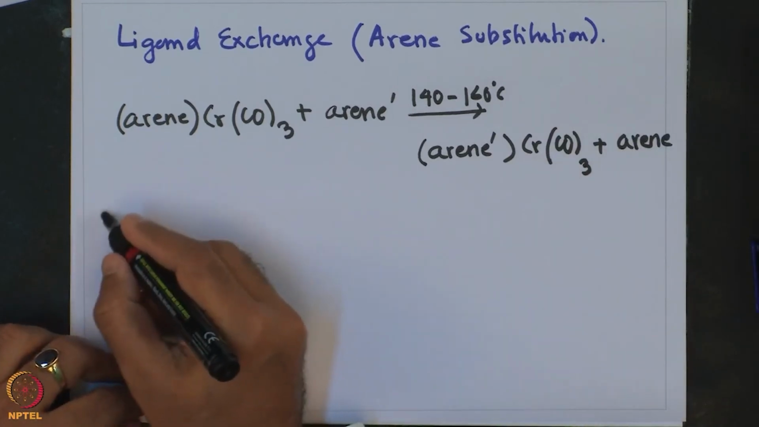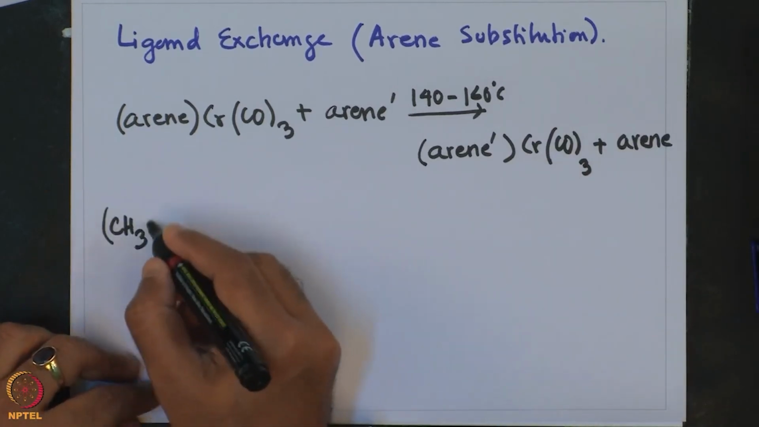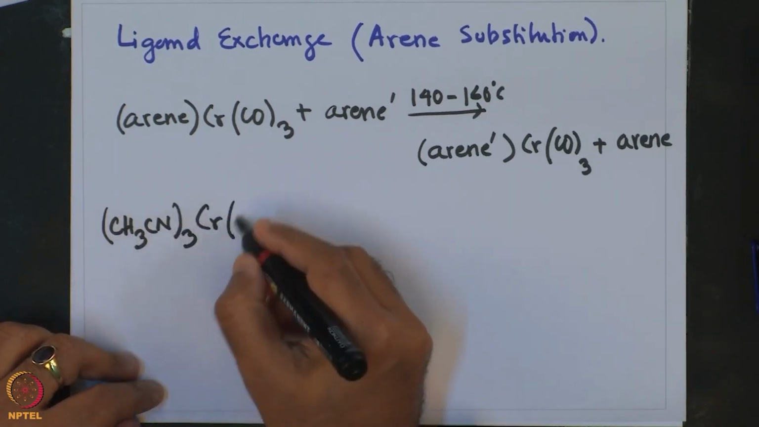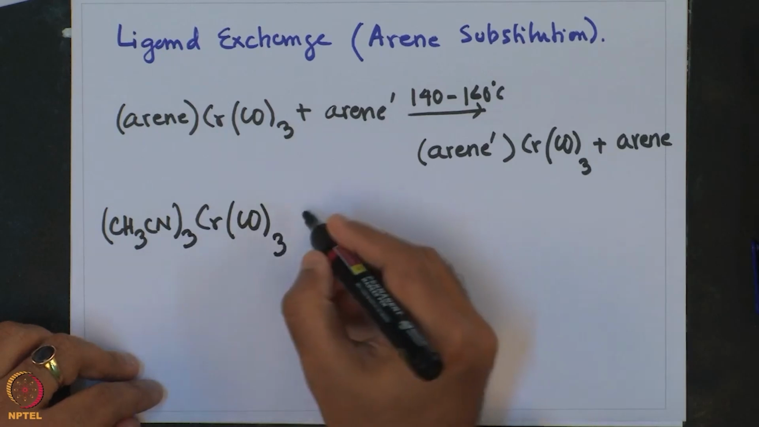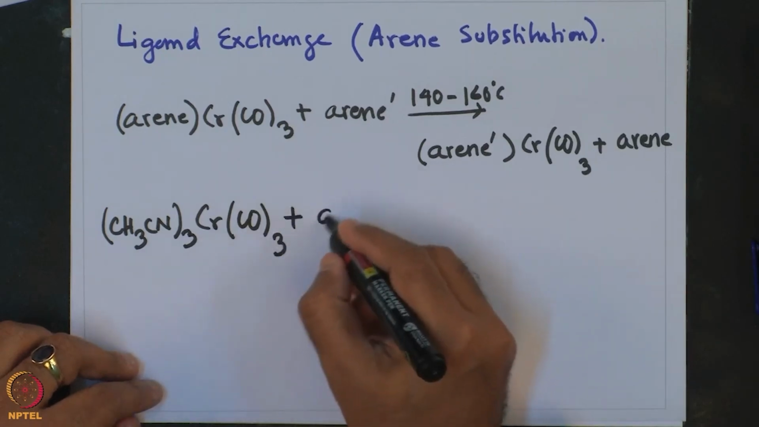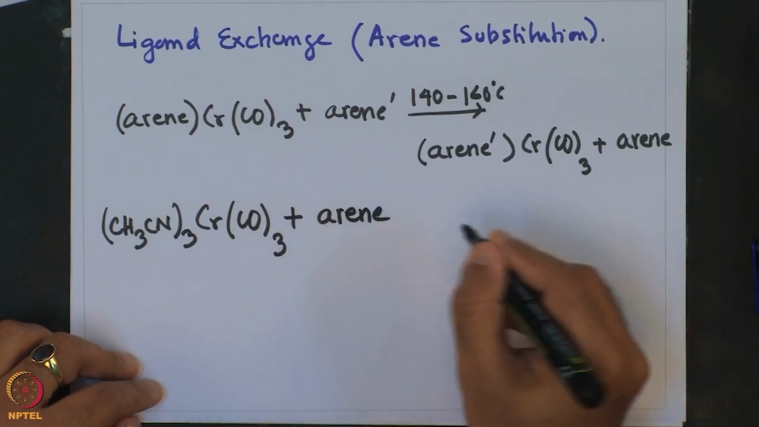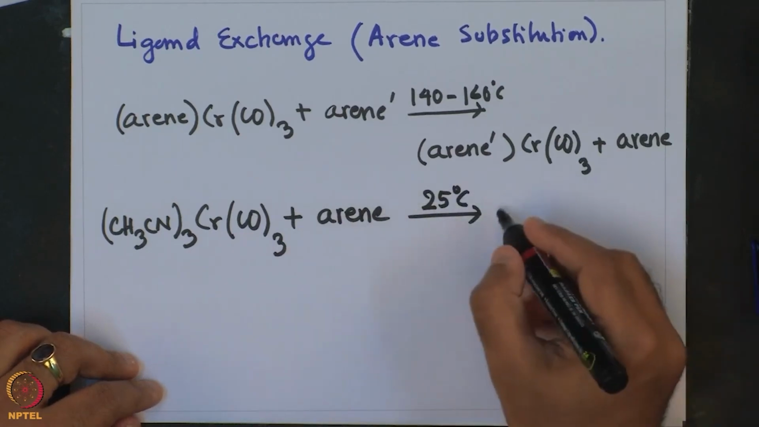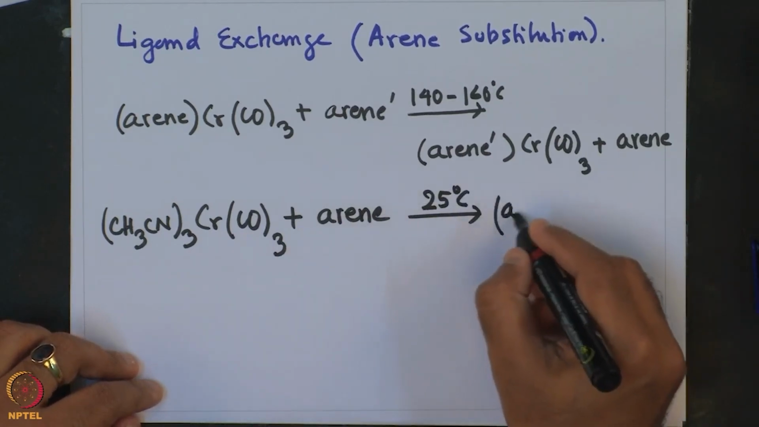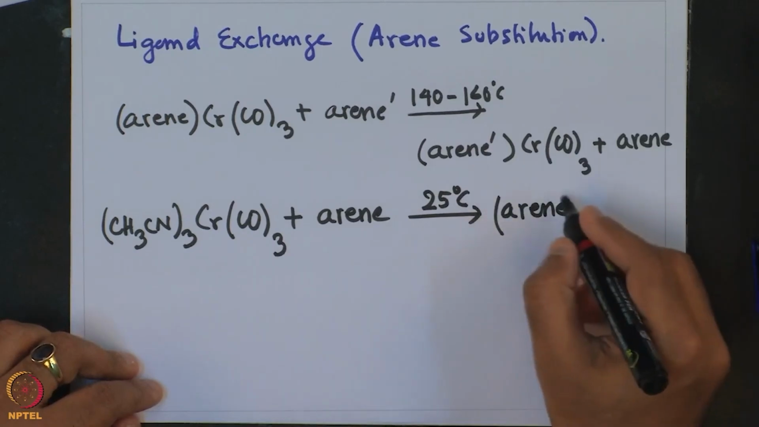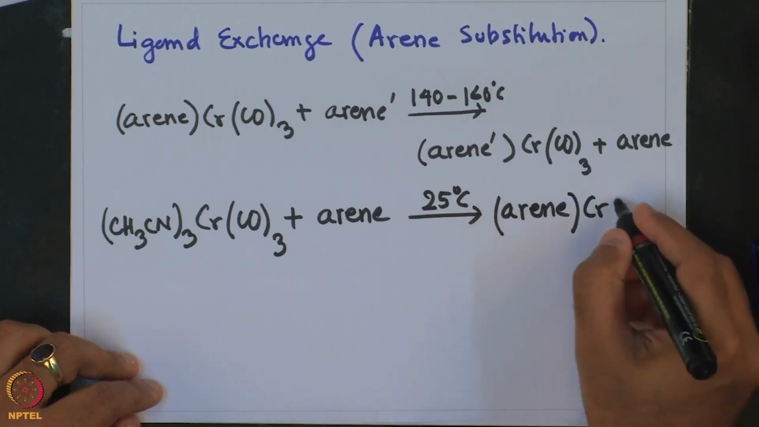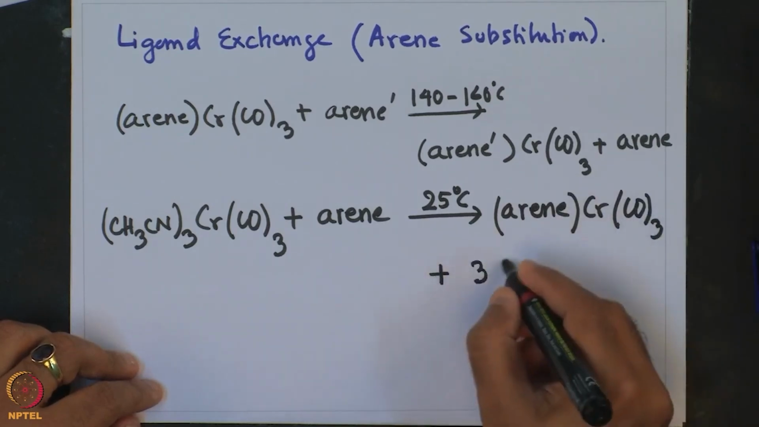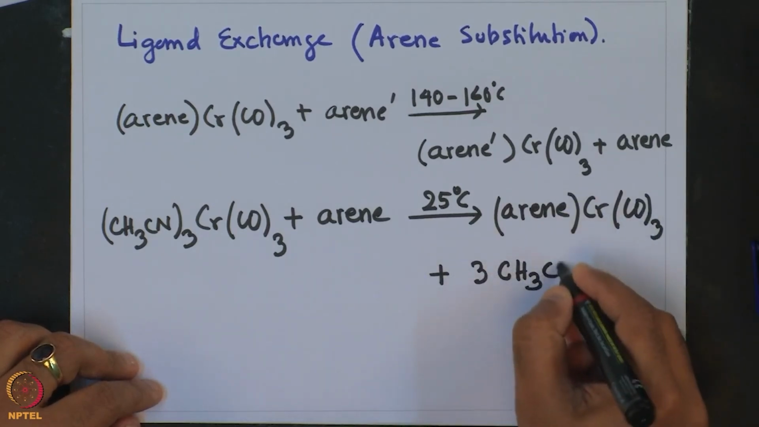The next reaction is (CH3CN)3 chromium tricarbonyl plus arene at 25 degree centigrade, giving arene chromium tricarbonyl plus 3 CH3CN,